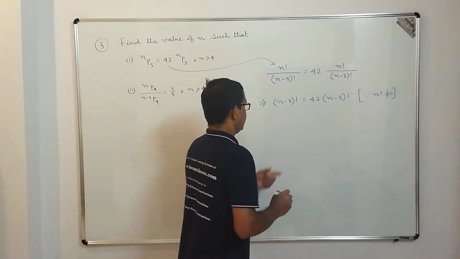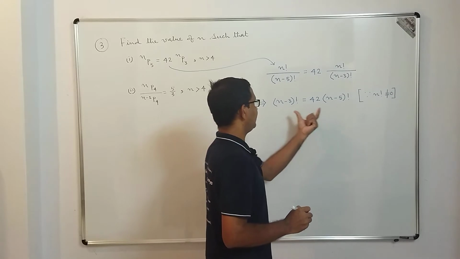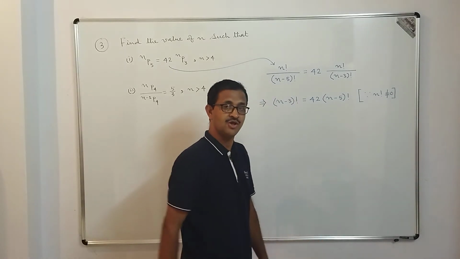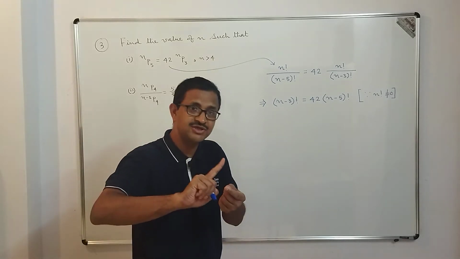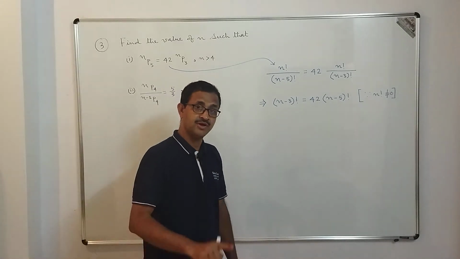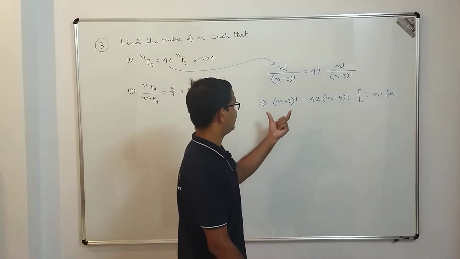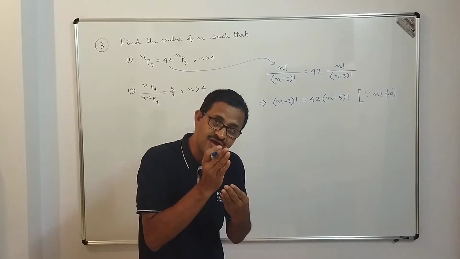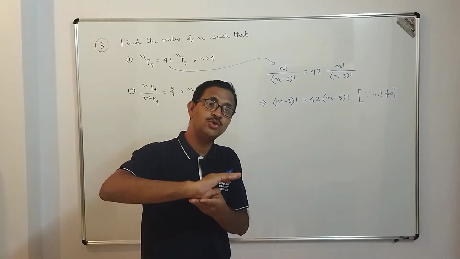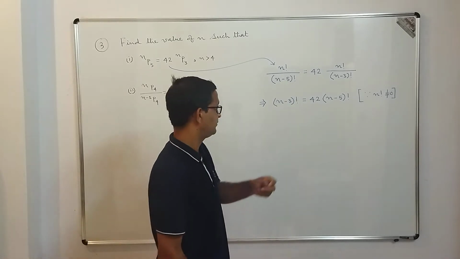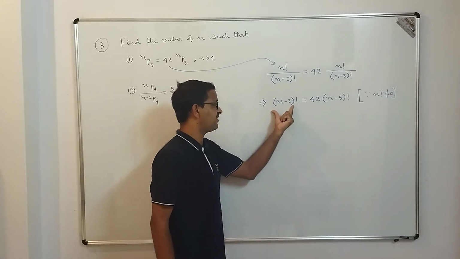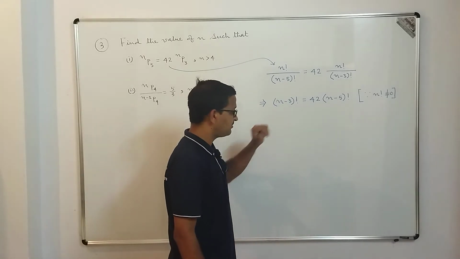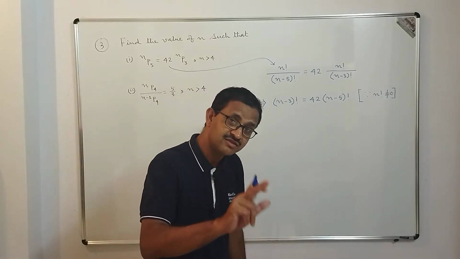Now between n minus 3 factorial and n minus 5 factorial, we need to break down that factorial which is larger till we reach the lower factorial. Okay, always remember this thing. Whenever there are two factorials in both the sides, we need to break that factorial which is larger till we reach the lower factorial. So here between n minus 3 factorial and n minus 5 factorial, which one is larger? N minus 3 factorial. So we should break n minus 3 factorial.